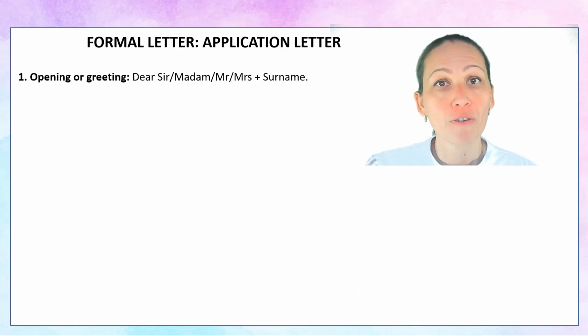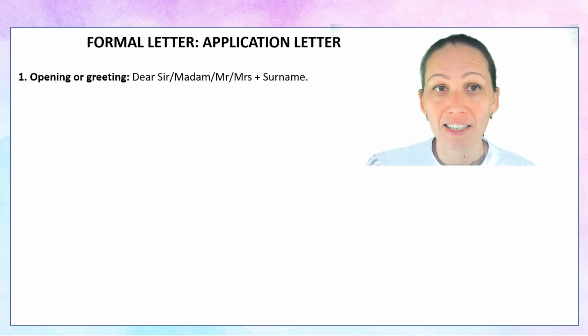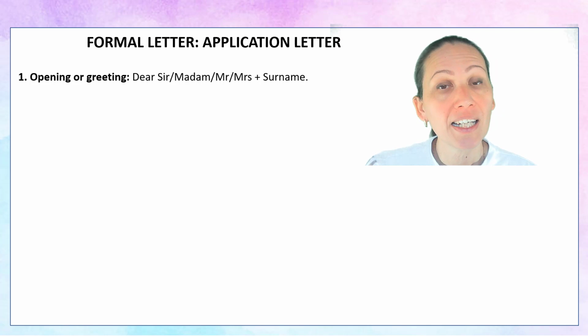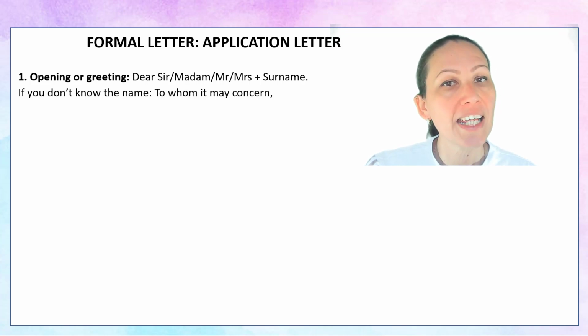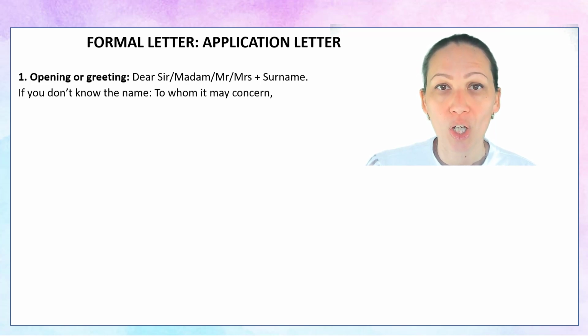The first paragraph of our application letter will be greeting. Here we can use phrases like Dear Sir, Dear Madam, Dear Mr. or Dear Mrs. plus a surname of the person we are writing to. In case we don't know the name of the person, we just write To whom it may concern. To whom it may concern. So this is a perfect phrase we can use when we don't know the name of the person we are